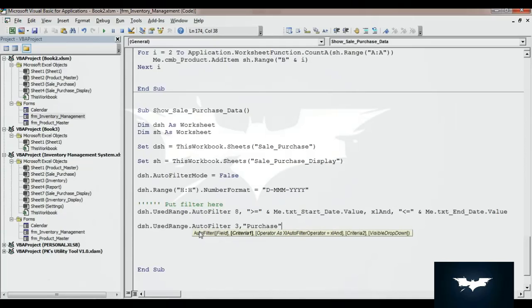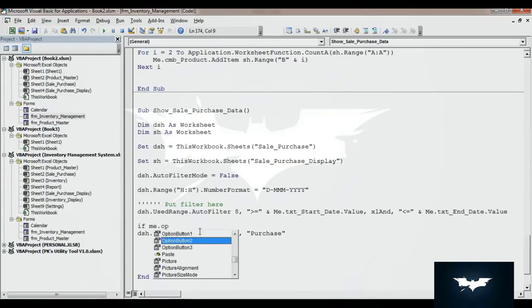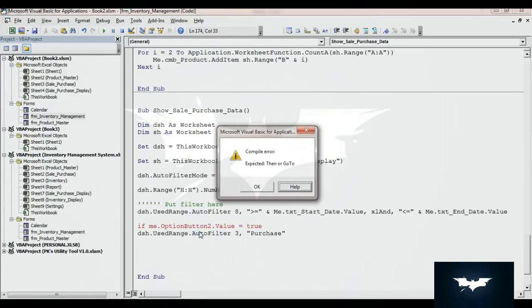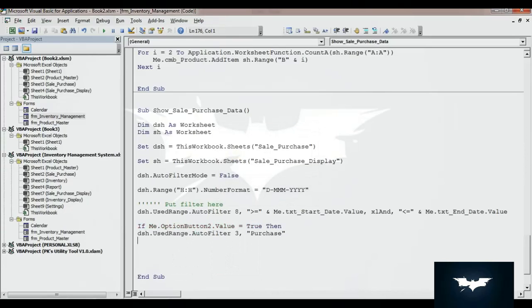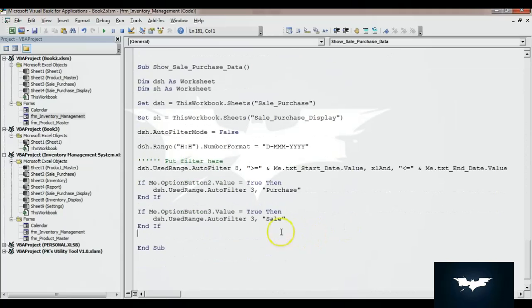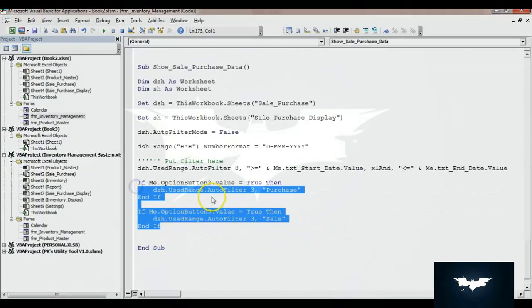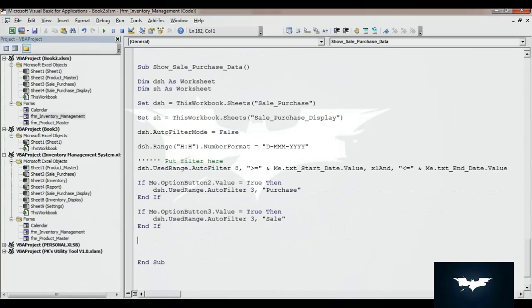So when we use the purchase, we will use an if condition, if Me.OptionButton2.Value equal to true, then it should filter the purchase. If the option button 3 is true, which is the sale, so we will use sale here. We will not use the filter for all, which is option button 1, because we don't need to filter anything. Alright, so we have filtered this.